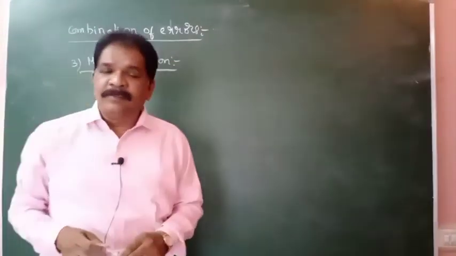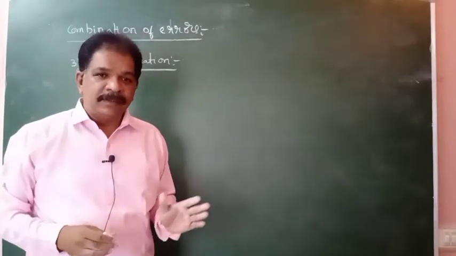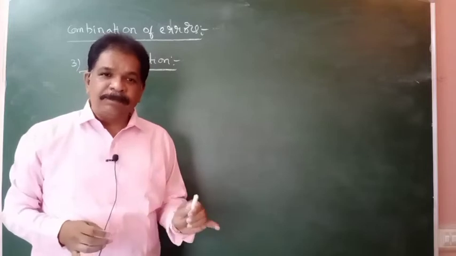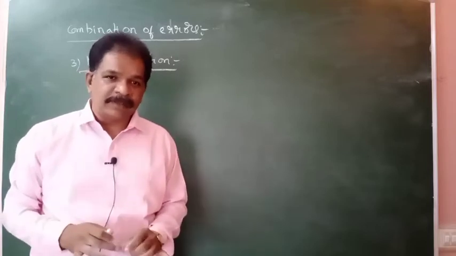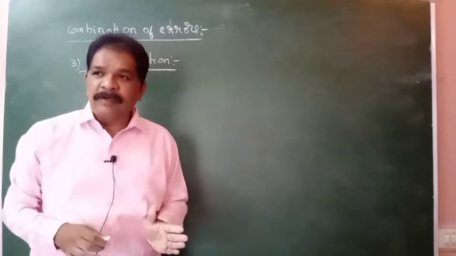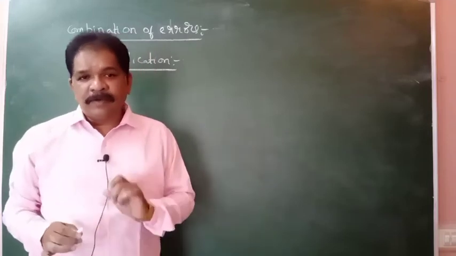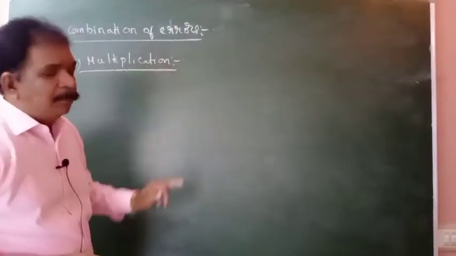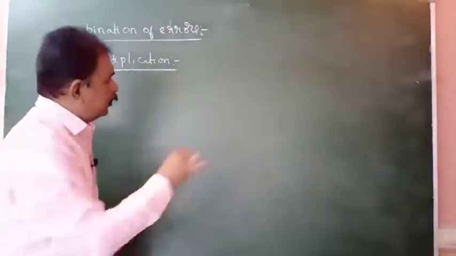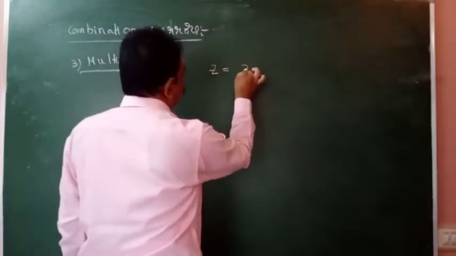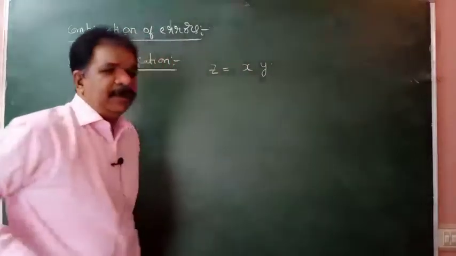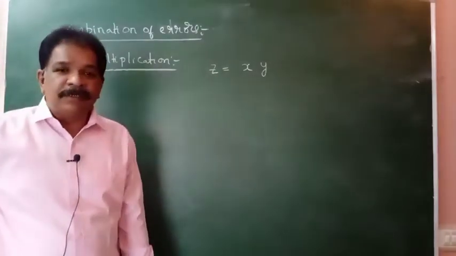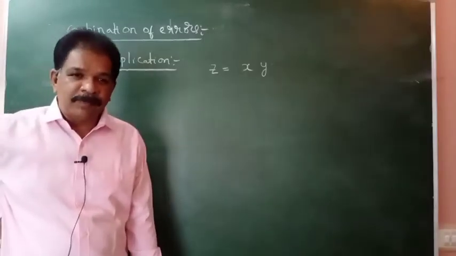In multiplication, what they will ask is, calculate the relative error, calculate the percentage error. That only they will ask. Point is clear? Those two only are asked relating to multiplication and division. For example, z is equal to xy. They defined like this: calculate the relative error in the measurement of z. Like that problems will be there.